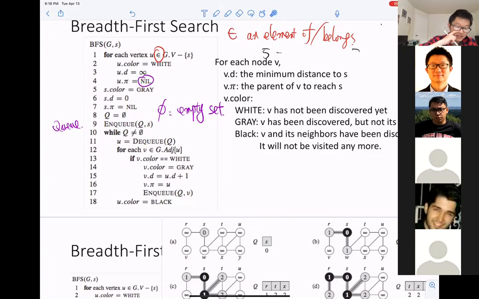Okay, cool. So here, this capital Q means that we're going to create a queue, and initially this queue is empty. It's like we create a queue with nothing stored in it. Next we include the source node into the queue. And while the queue is not empty, we dequeue,